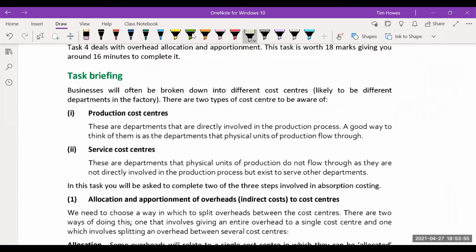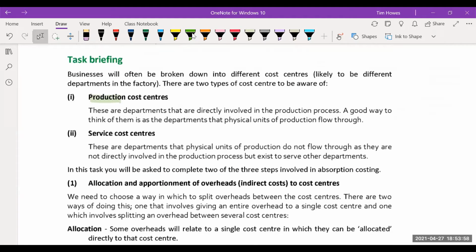I've been through most of these things, so just a couple of things that I would add here. Production cost centers. Just be careful when we talk about production cost. This tends to be specific for a manufacturer, but do appreciate that not everybody manufactures goods that they then sell. Do appreciate that this is what we do. And if it's making cars, then we might call them production cost centers. As I said to you before, think about it that the physical units of production flow through those particular areas.